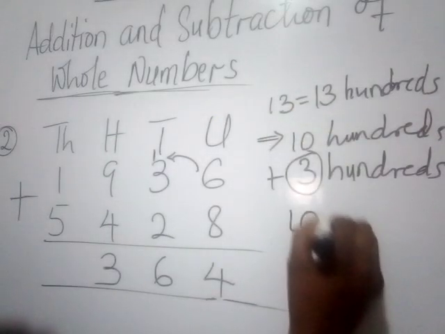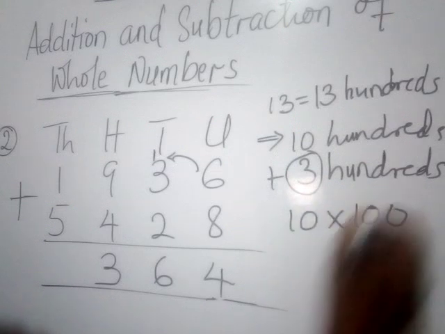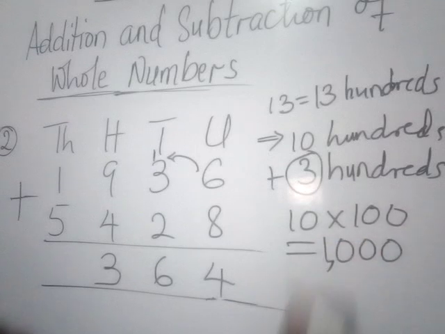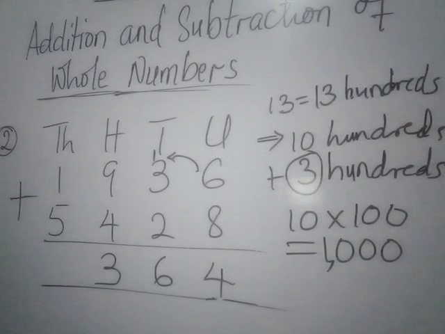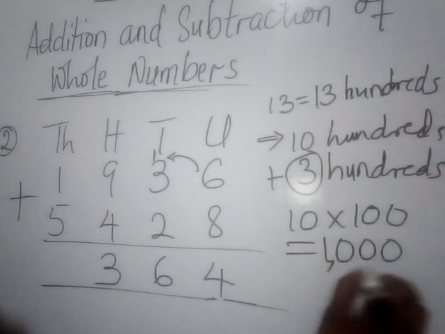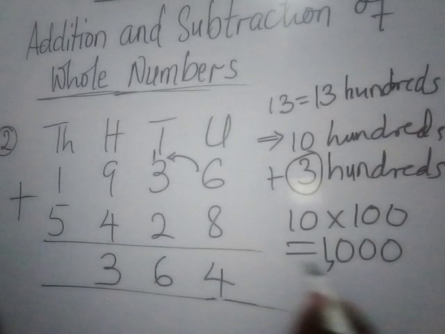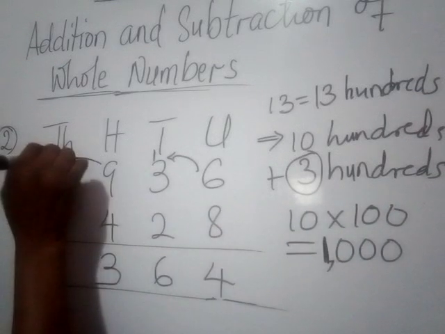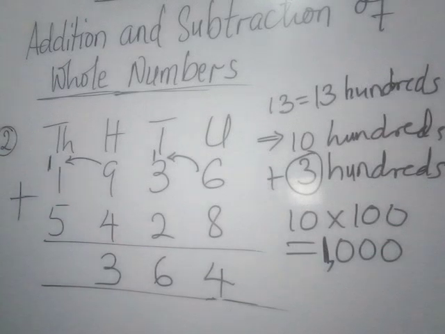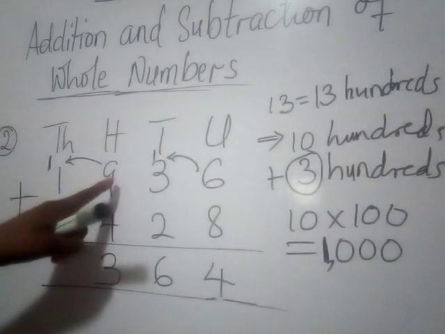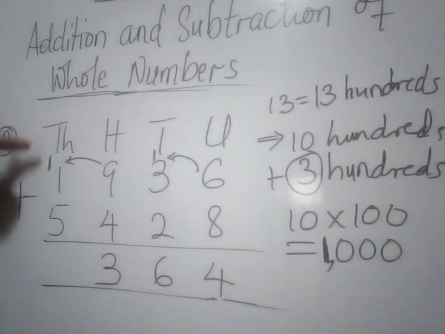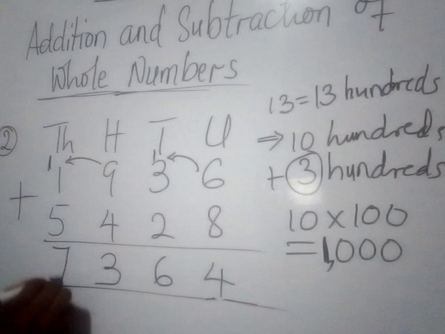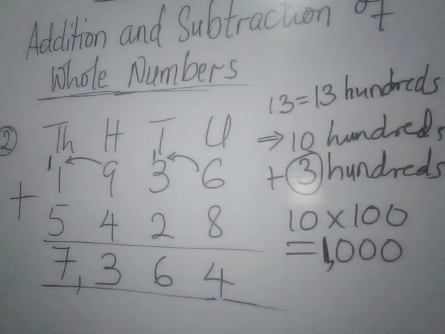Now, what happens with the remaining 10 hundreds? 10 hundreds simply means 10 times 100. 10 times 100 gives us 1000. So the 10 hundredths that we have is changed to 1000. So you see it comes to the family of 1000. It becomes 1 and comes to this column. So here we add it, 1 plus 1, 2 plus 5, we have 7. So our final answer is